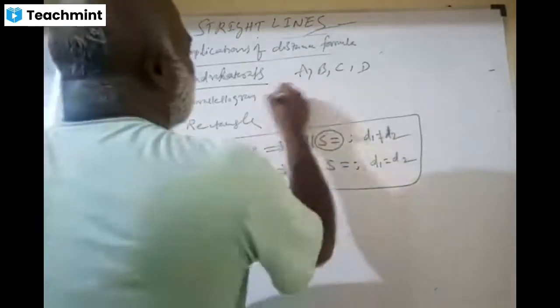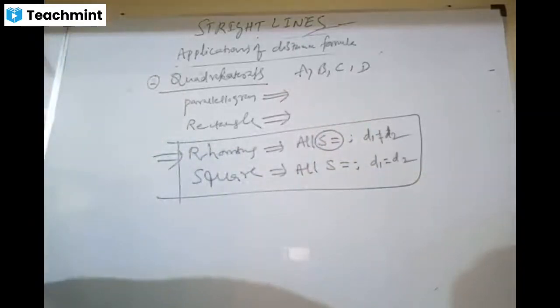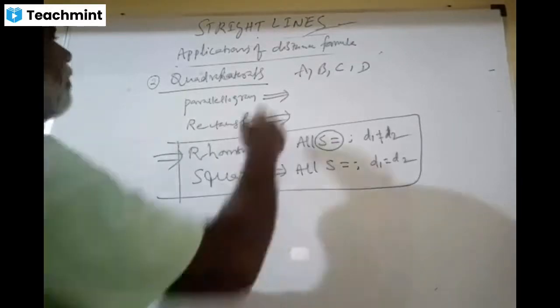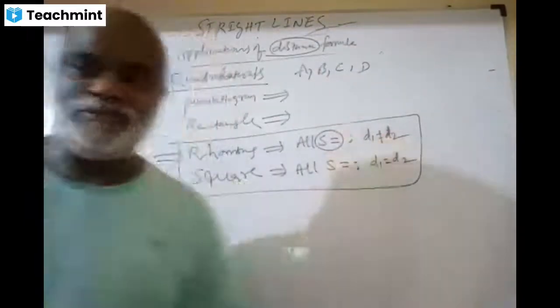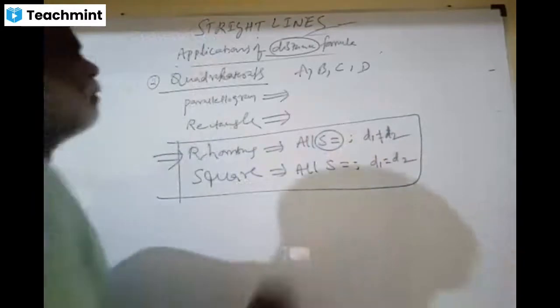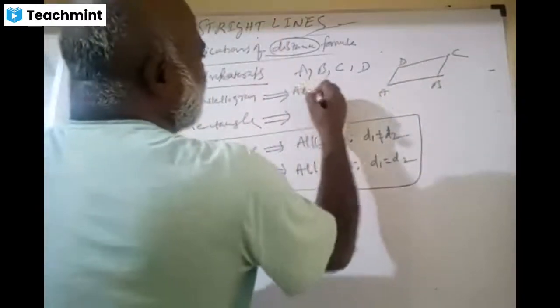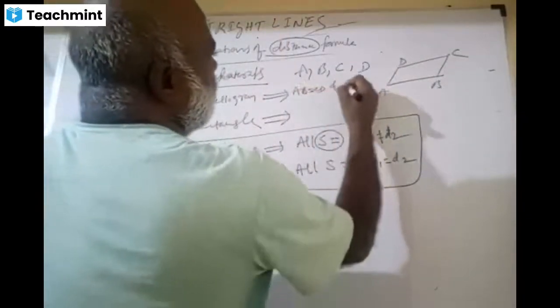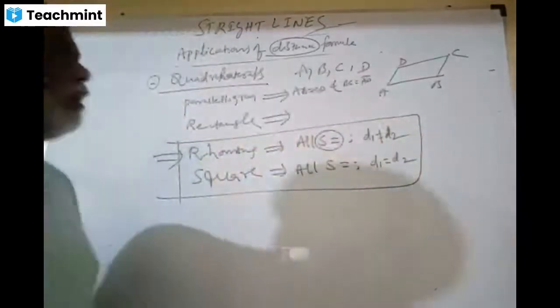How do you discuss for a parallelogram, Arpit? Sir, opposite angles will be equal. Now see the distance formula. Please understand that we are not talking about the opposite angles. The opposite sides will be equal. Brilliant. Then that means AB equal to CD and BC equal to AD. Does it guarantee a parallelogram?